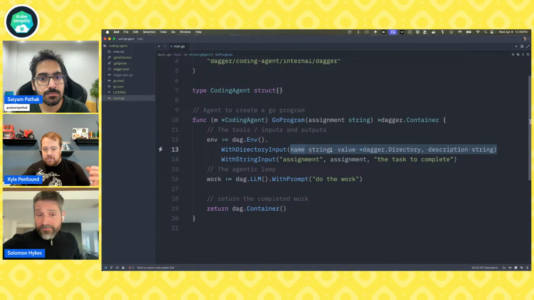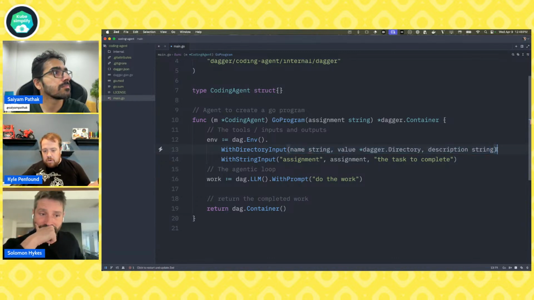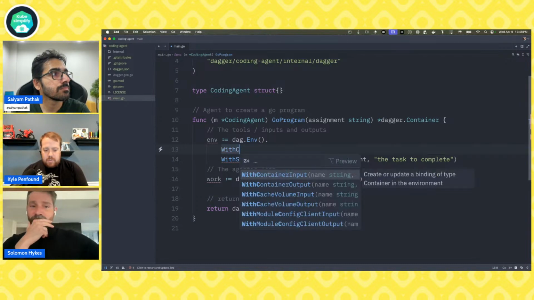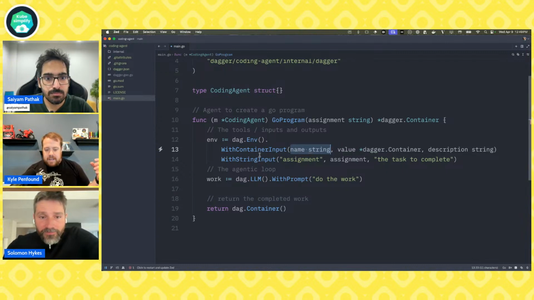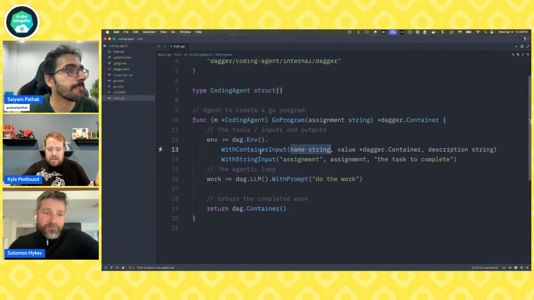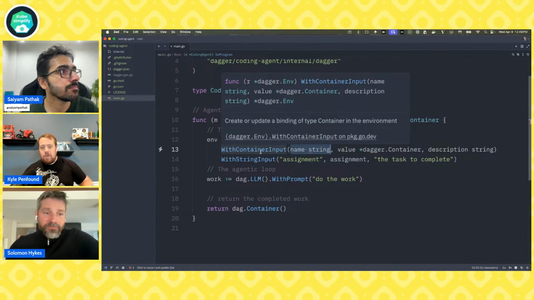And so we could give it a directory and a container, or we could give it a cool module from the Daggerverse to work with Go code or something. We could just give it a container and say, here's a place to make some files and give us back this working container. The problem is, and we're going back to what I said earlier about the current state of the art versus the potential of these things we're building butting into each other, especially if you're working with smaller models, is that this is too open-ended, right?